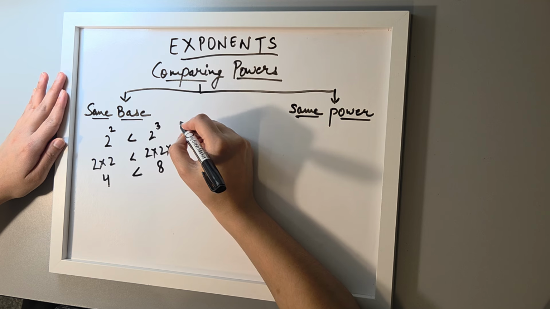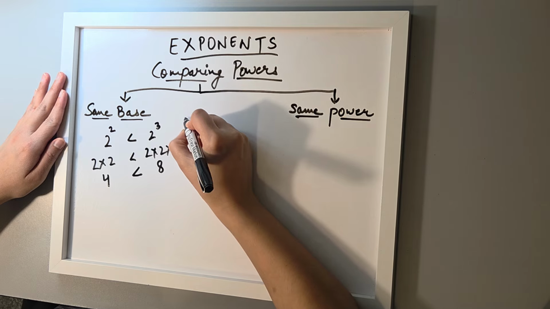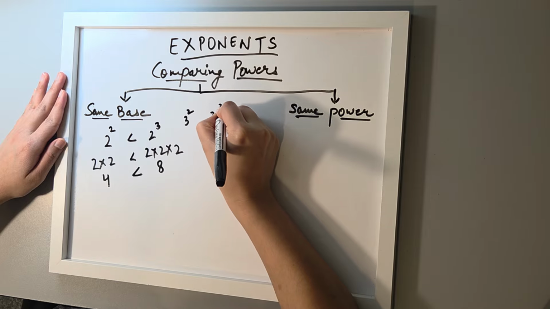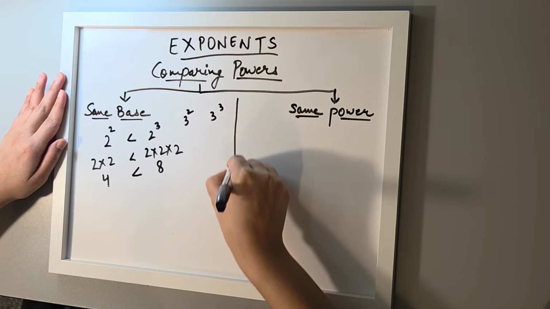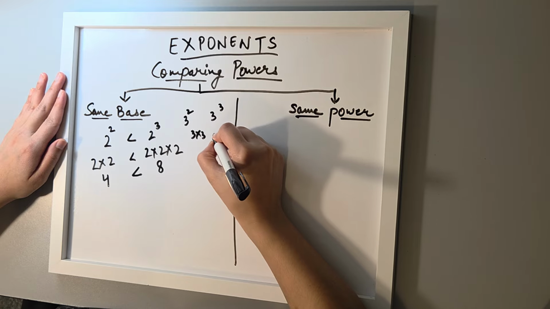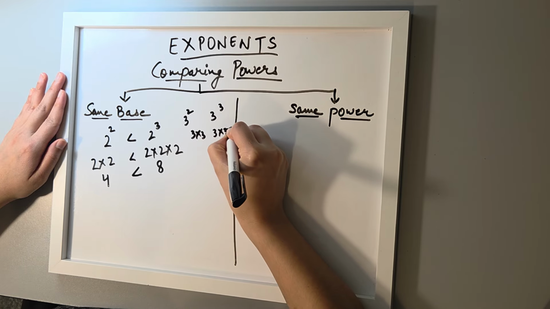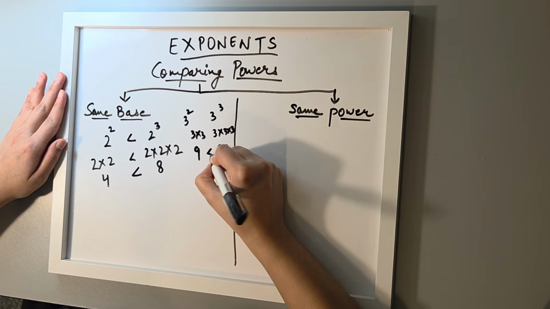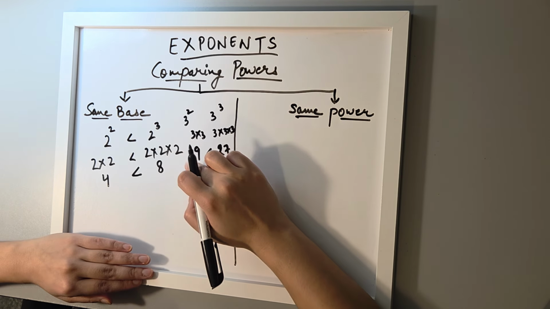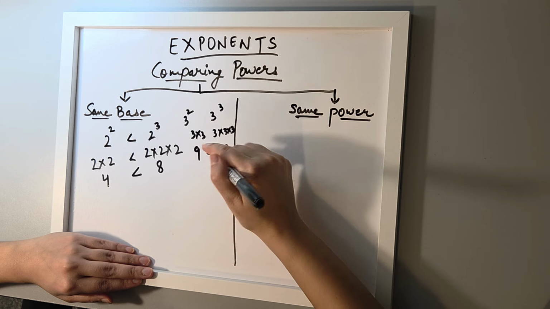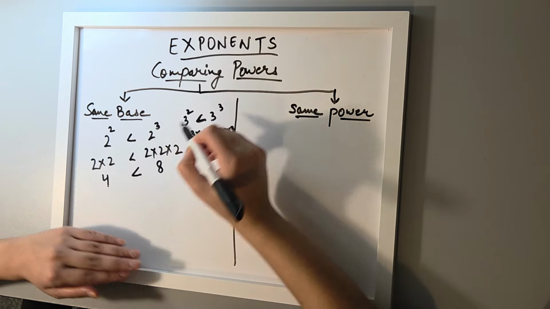If we take any number, for example 3, similarly 3 to the power of 2 and 3 to the power of 3, okay. So we have here 3 into 3, and here we have 3 into 3 into 3. So this is 9, this is 27. If 9 is multiplied with something, any number, it will obviously be bigger than 9. So what we can say is,